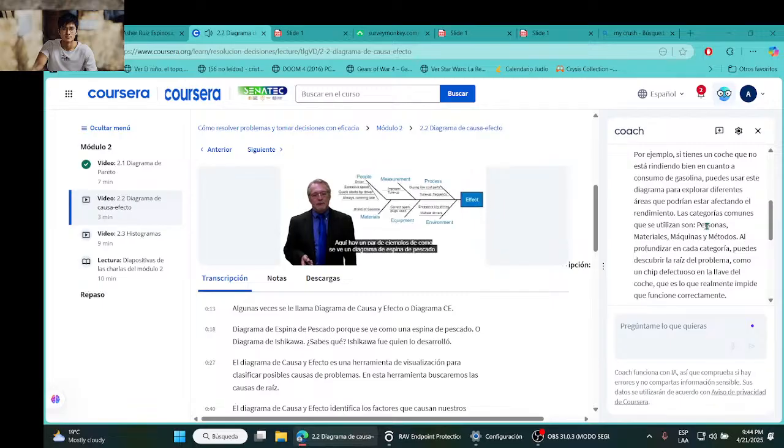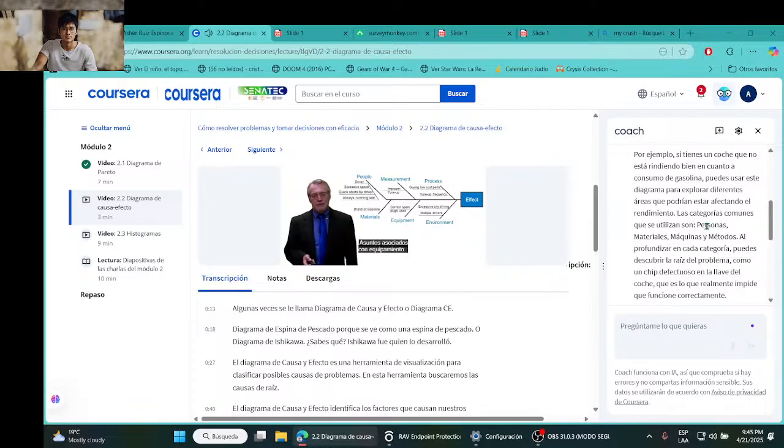Here's a couple of examples of what a fishbone diagram would look like. So we have poor gas mileage. There's some people issues. People just have some driving problems. I don't know if you've heard about some of the people who drive Priuses and are trying to get the most gas mileage out of it they possibly can. Some of those people are trying to have people drive the cars the best they can, and so they're saying drive it barefoot is even better. Do this is even better. Do that is even better to get 1 more mile per gallon out of these things.